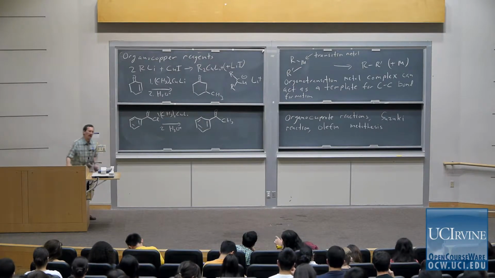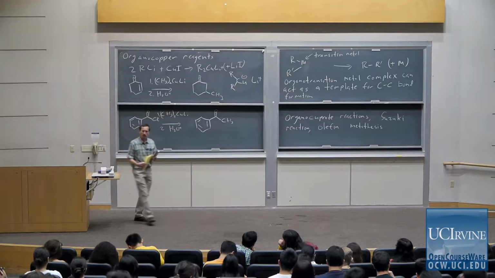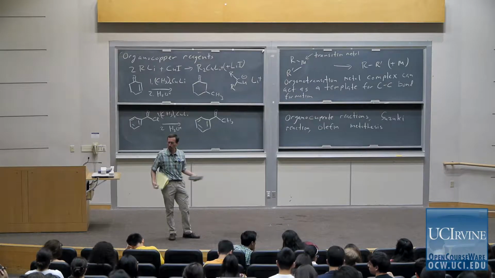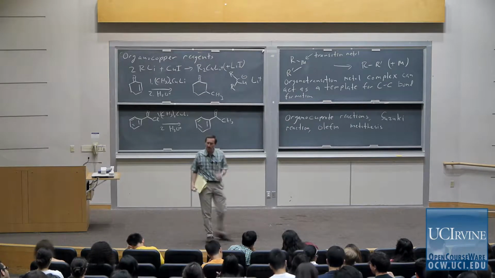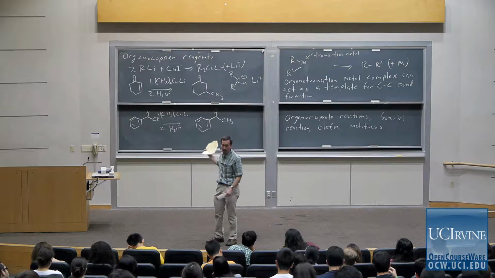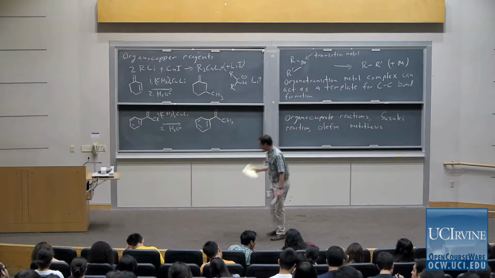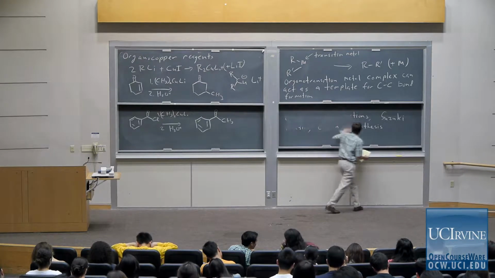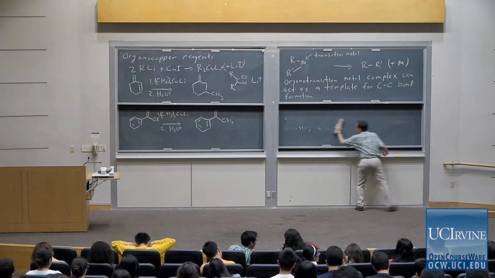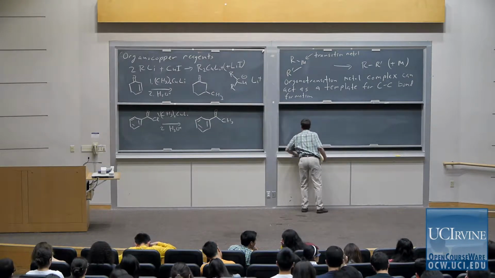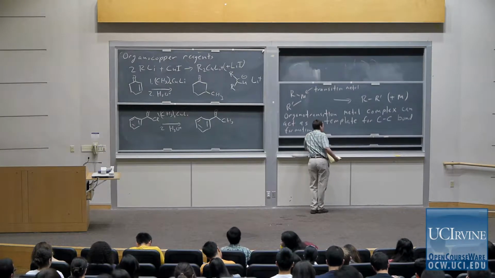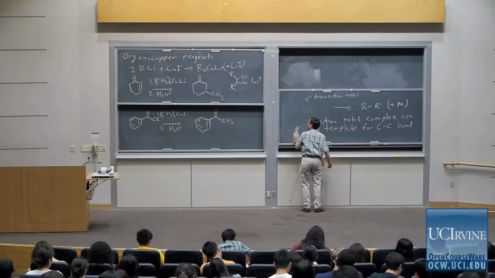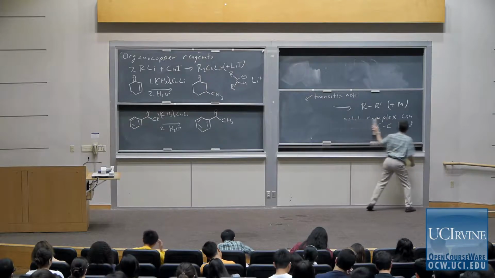People have known about copper chemistry for a long time. Organocopper reactions have been investigated since well before World War II, where copper was discovered to modulate the reactions of Grignard reagents in some of the fashions that we've seen here. What I want to do now is to discuss another carbon-carbon bond-forming reaction that was developed later, I think in the 60s, that gives us something that's less recognizable in terms of conventional